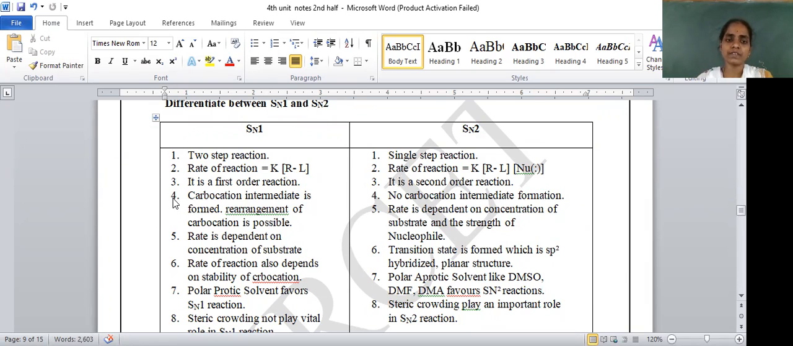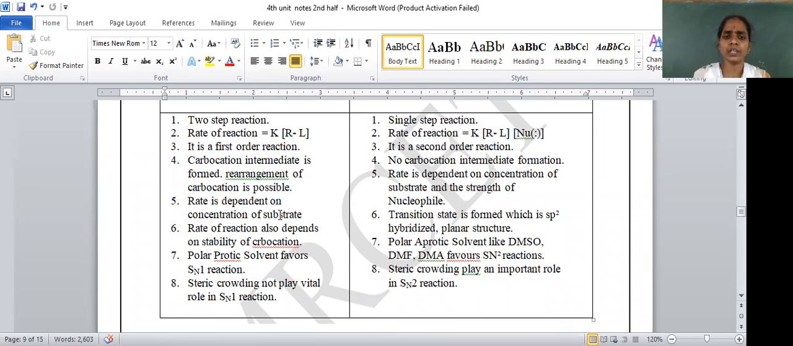If you see the fourth difference, when there is a leaving group leaving, the reaction occurs in two steps. In the first step there is a formation of a carbocation, and here there is no formation of a carbocation. The rate depends only on the concentration of the substrate, and here on both the substrate and the nucleophile. And the rate of reaction depends on the stability of a carbocation, and here a transition state is formed, which is a